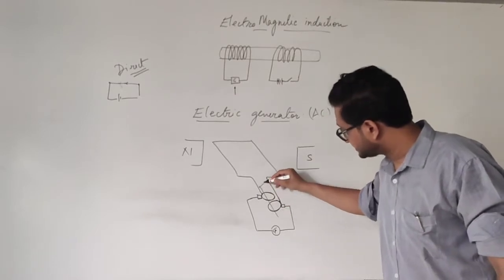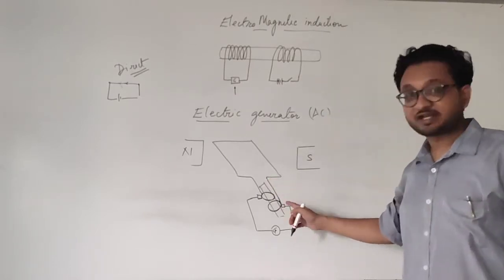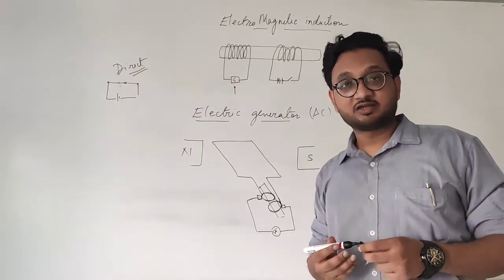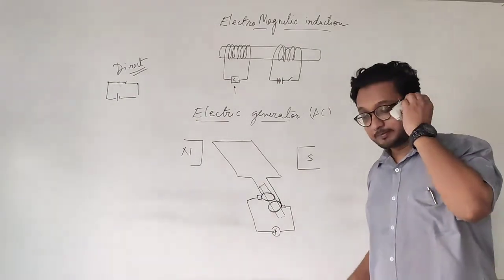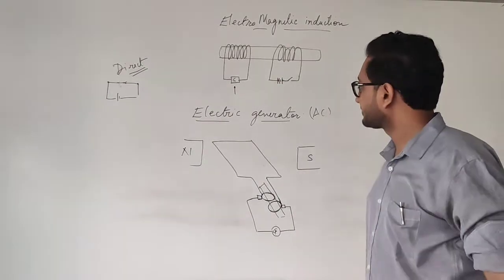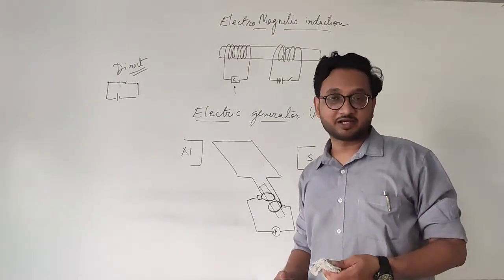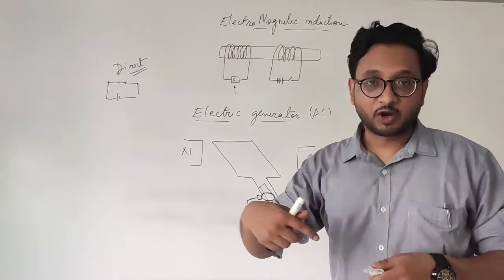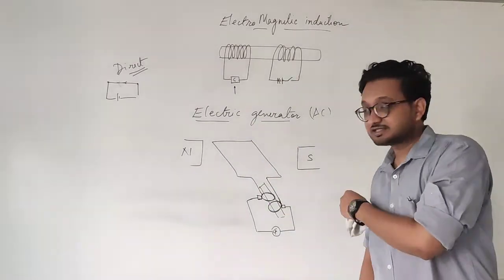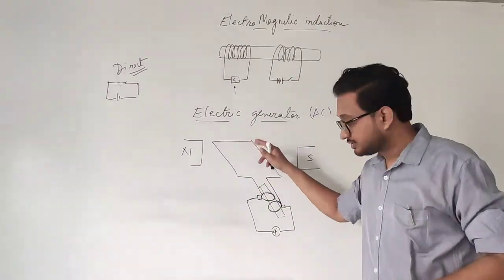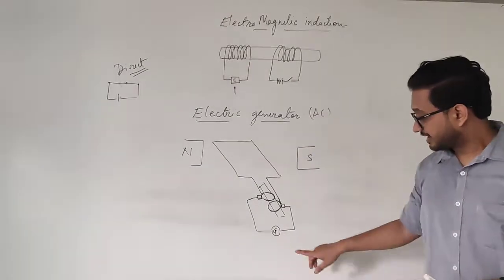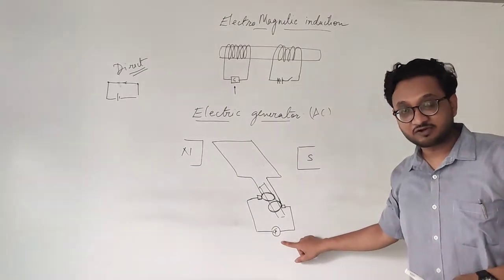What we have over here is nothing but an armature which can be attached to something so that it can be rotated easily. If you remember, in the electric motor, when the current was provided, the coil moved. In this case we have to move the coil, so the current is generated. That is why I am not having a battery over here, we have a galvanometer.